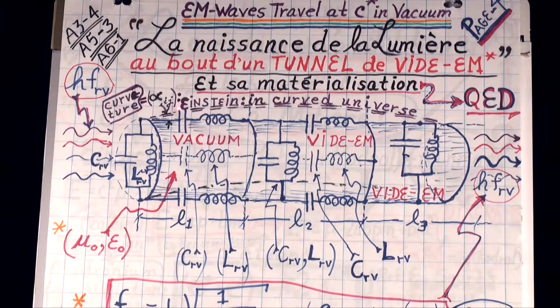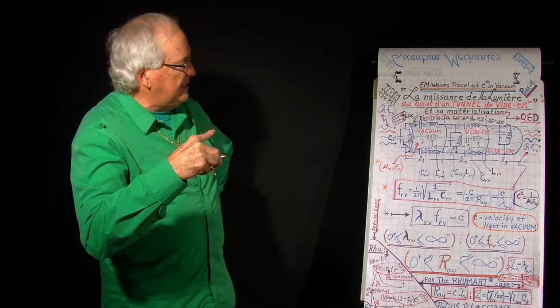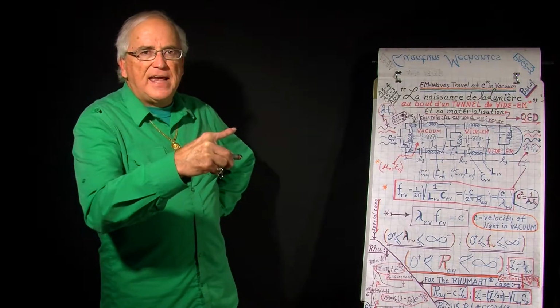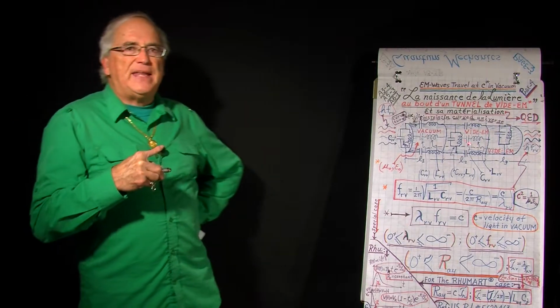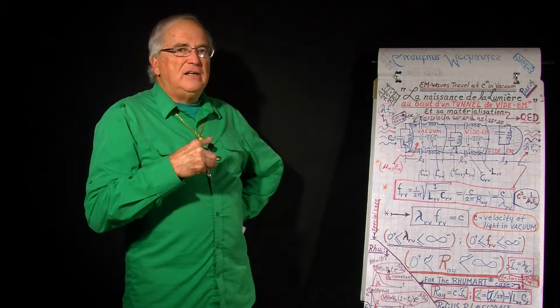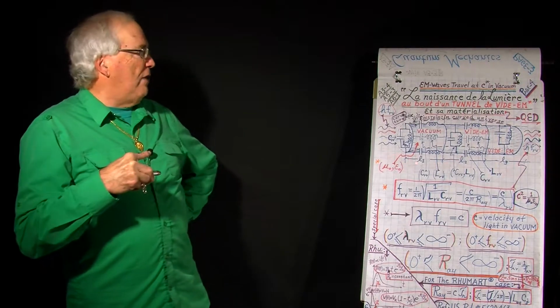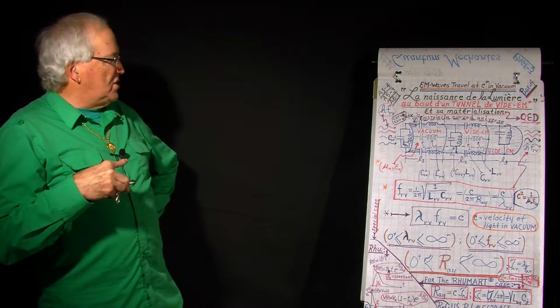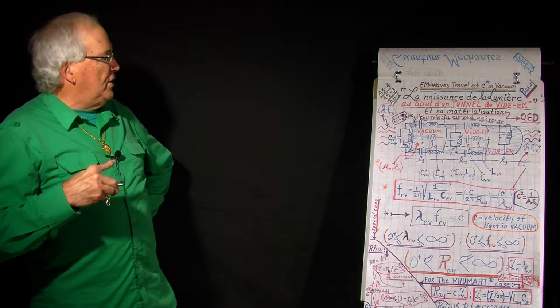So that means at resonance, the energy that is in the capacitance goes to the inductance and then goes back to the capacitance, and there is zero impedance. So that means that the electromagnetic wave travels freely in vacuum and without any resistance. So actually this is just a diagram to show you that not only